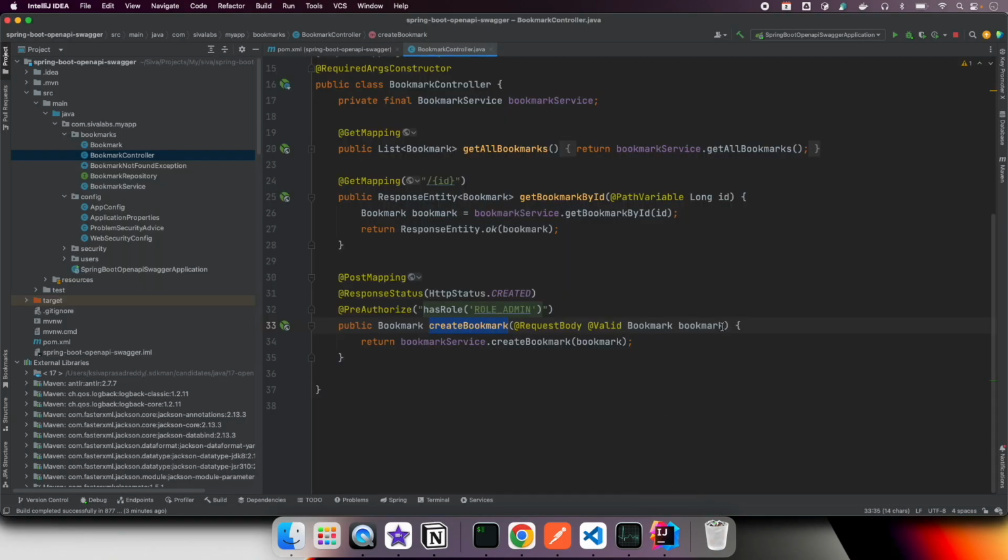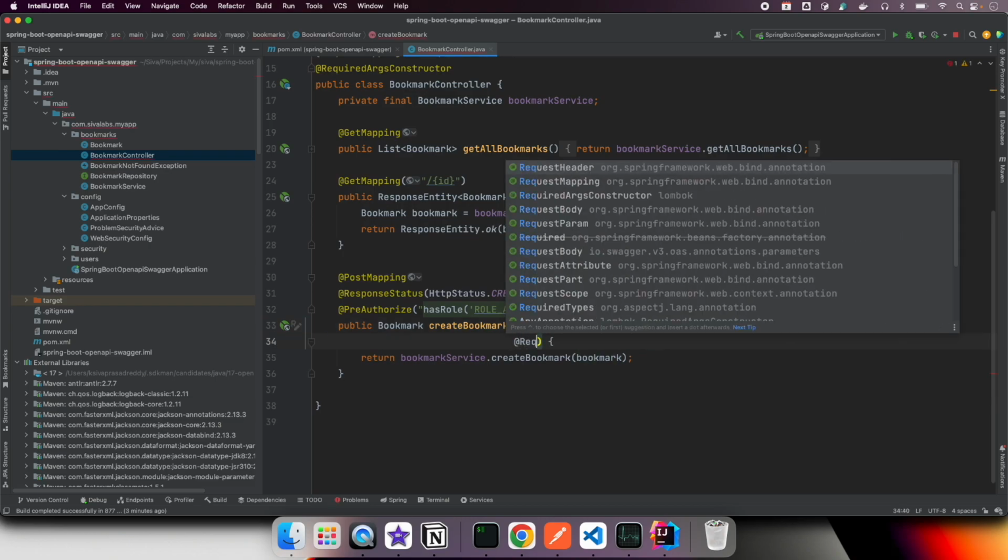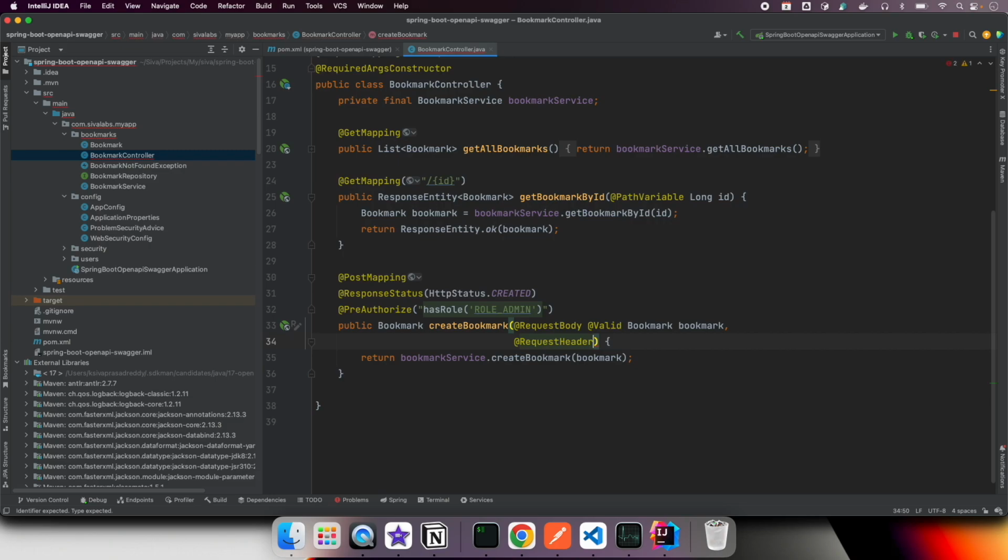Let us say we add this requirement of a request header with name equals authorization, string auth header. So let us say we have this signature for create bookmark, and we restart